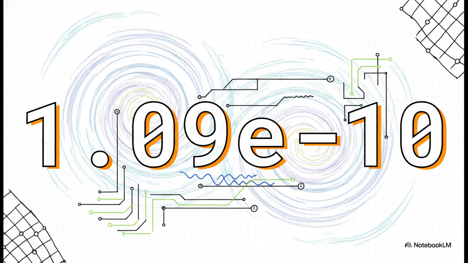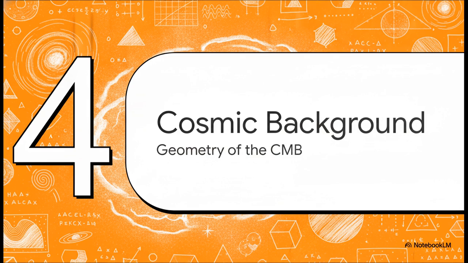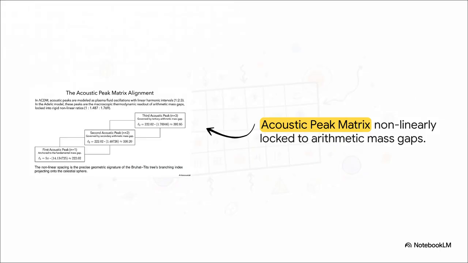Absolutely wild. Okay, let's transition back to the early universe. Section 4, Geometry of the Cosmic Background. We're going to look at the cosmic microwave background as a thermodynamic readout of pure mathematics. Standard cosmology typically views the acoustic peaks of the early universe as linear plasma fluid oscillations, but this brilliantly illustrates how the acoustic peaks at multipoles 222, 330, and 392 are actually rigidly, non-linearly locked to the ratios of the non-trivial zeros. It is the precise geometric signature of mathematical branching structures, the Bruhat-Tits tree again, projecting directly onto